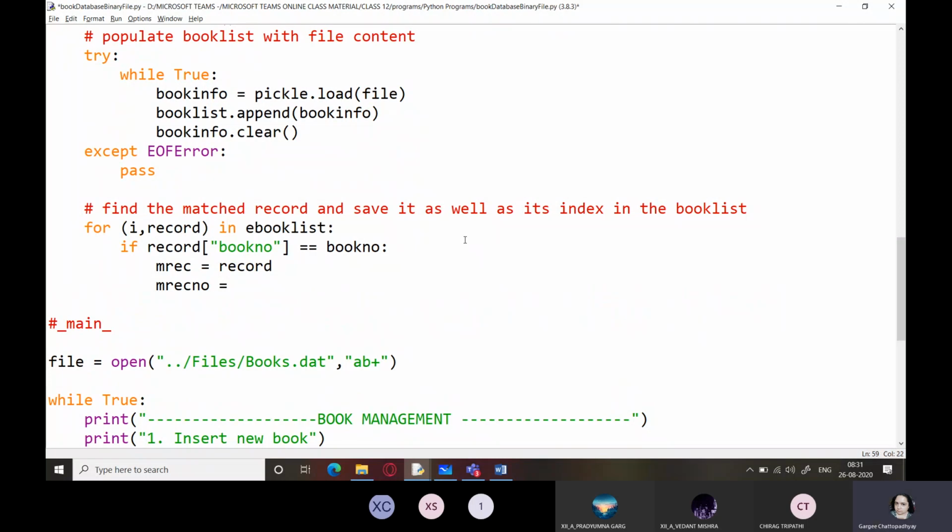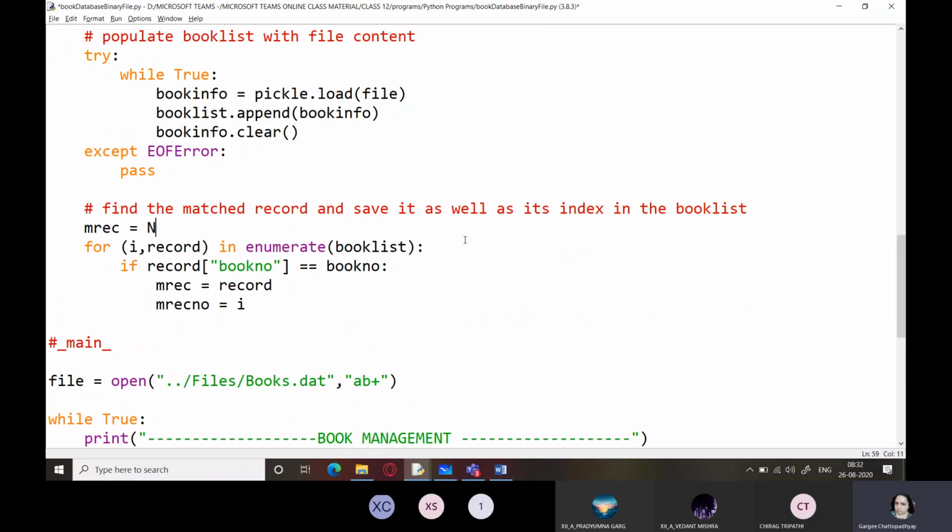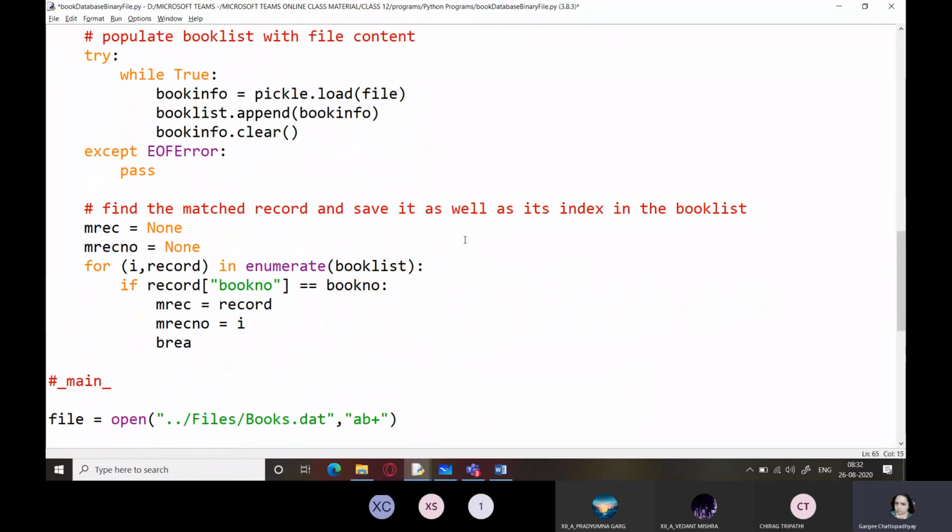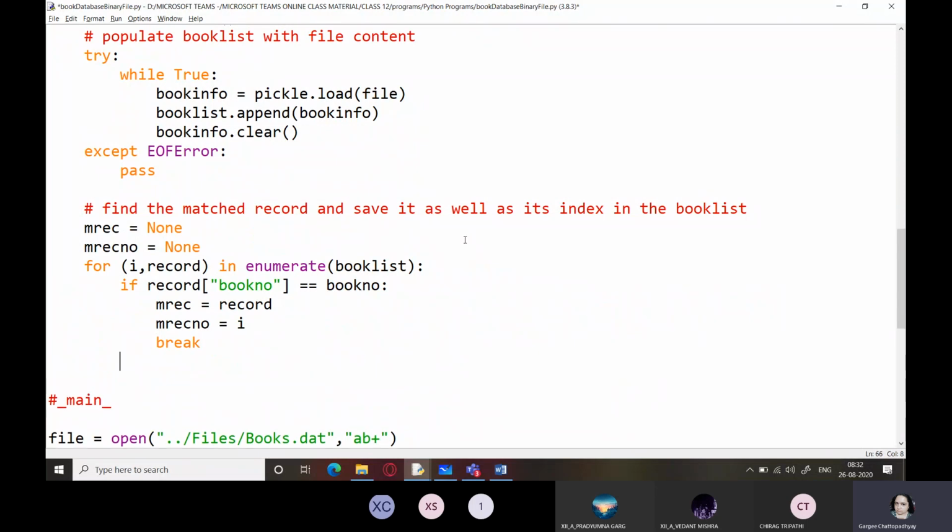We'll use the enumerate function. So mrec NO is equal to i, and in the beginning I will take mrec as none and mrec NO also as none. If this match is found, you can simply break the loop. Do I need to do anything else? No. We can simply break the loop, right? And